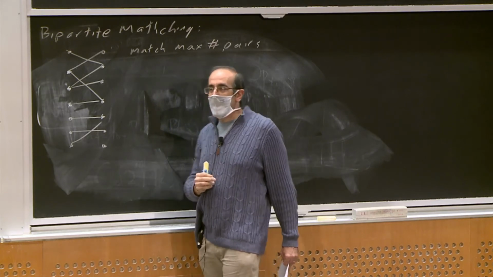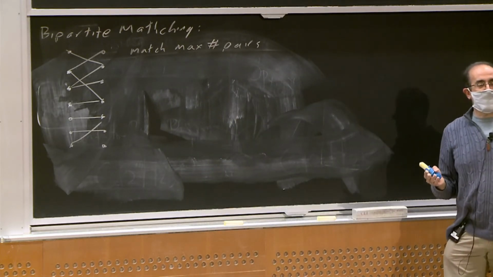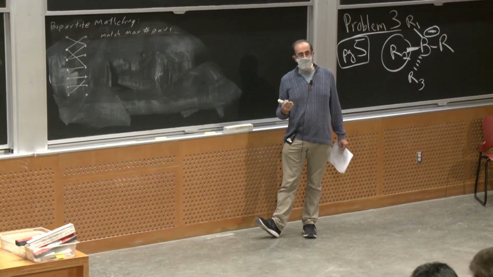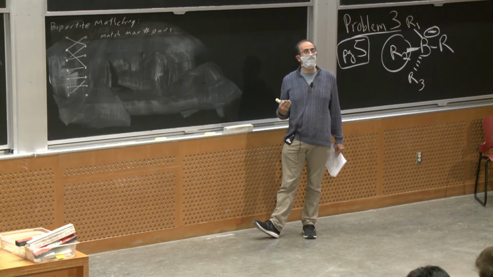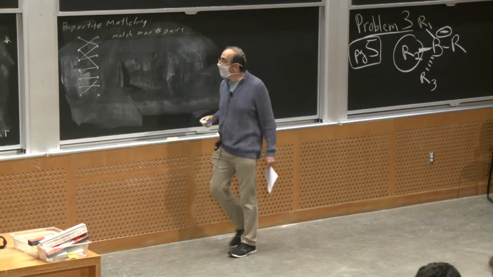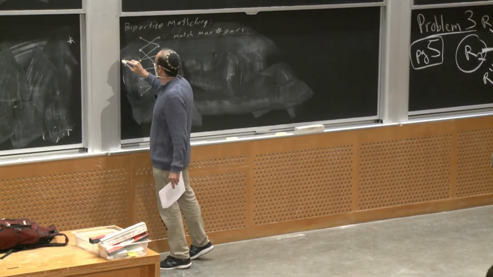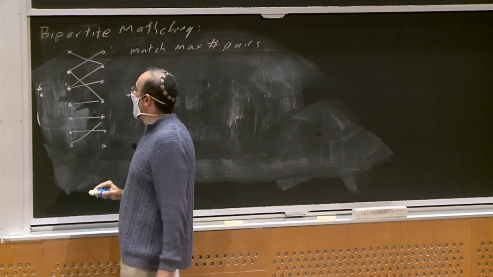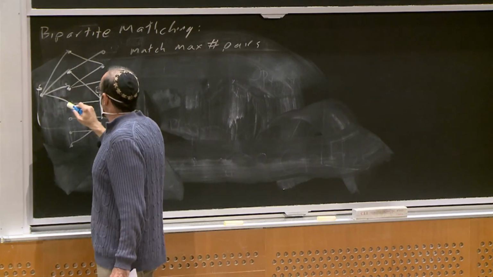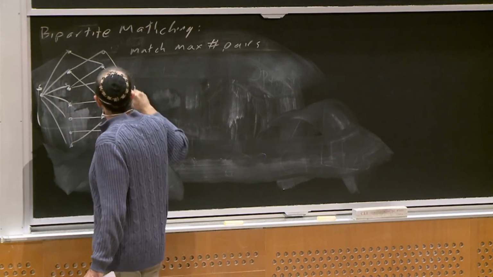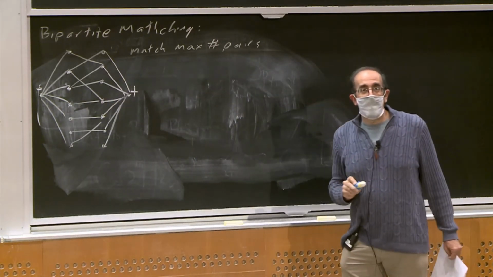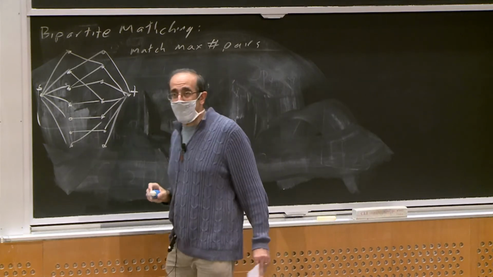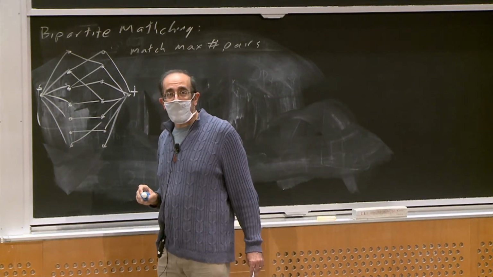Okay. Now, it turns out that you can solve this by transforming it into a max flow problem. Does anybody see how to do that? Yes? Add a source connected to all the left-hand side, and a sink connected to all the right-hand side. Right? And now, if you compute a max flow from S to T,